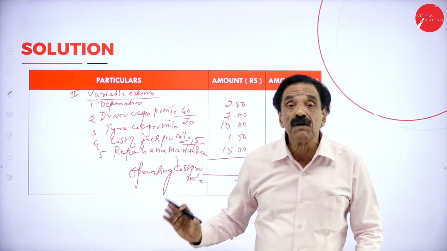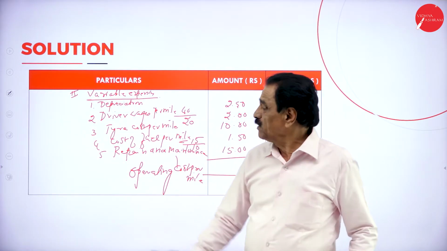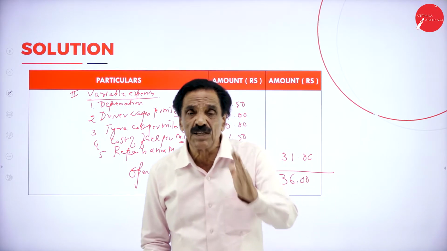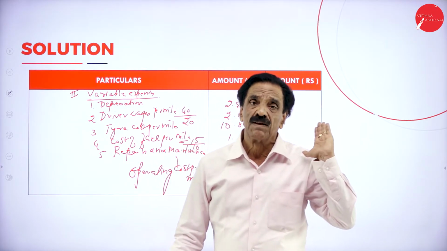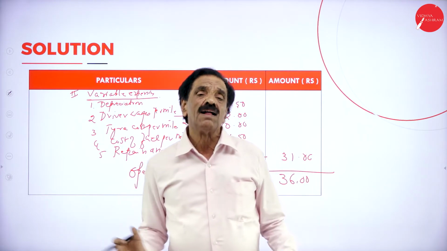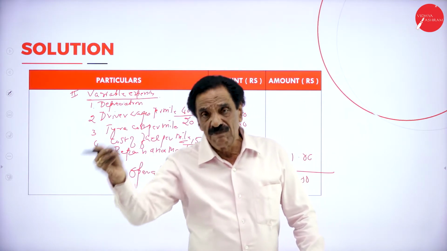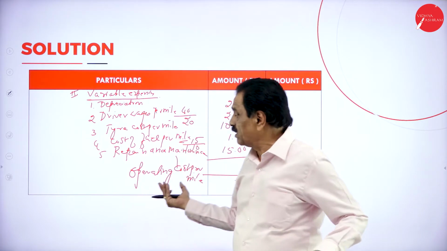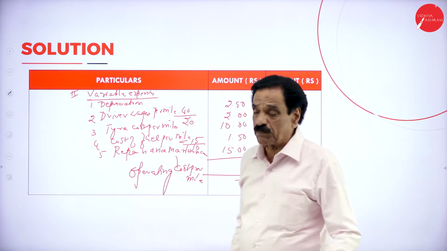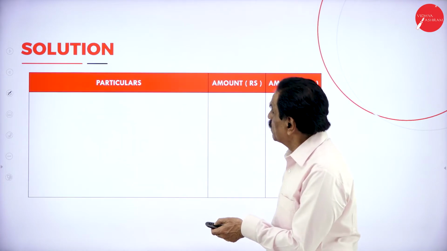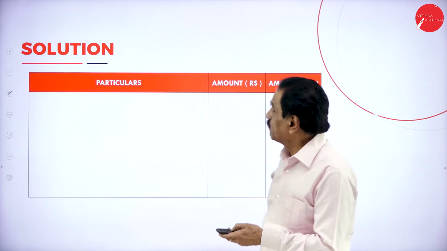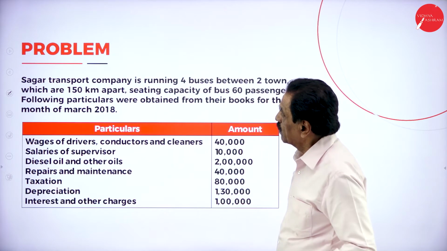Easy to calculate. It is a 10 marks question, definitely it will come. The same type of question will come in the examination. You have to calculate only cost per mile. First you divide all the expenses, fixed and variable, then you go with it. The number of buses is not necessary because the operating cost sheet is given here, so that question does not arise at all. You must be careful. We'll go to the next problem.